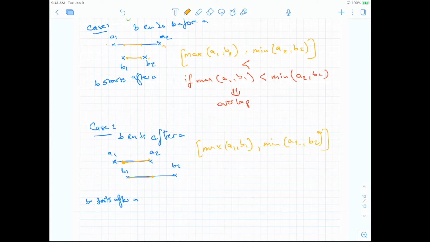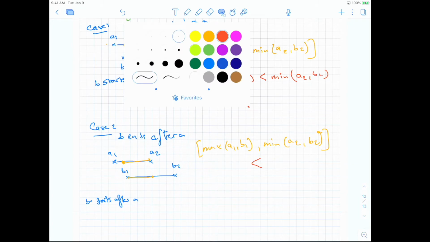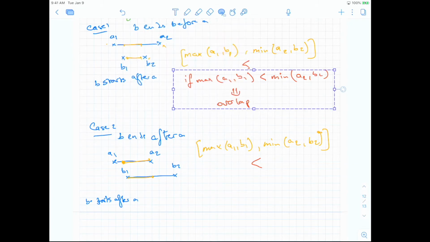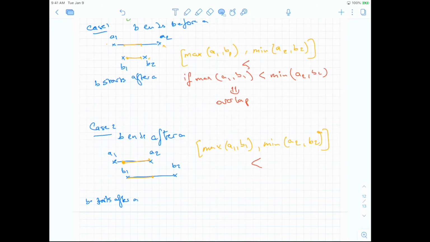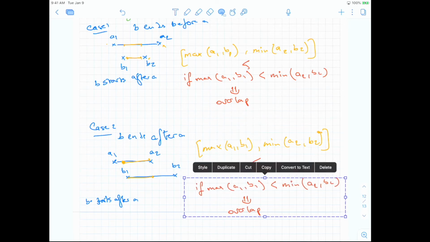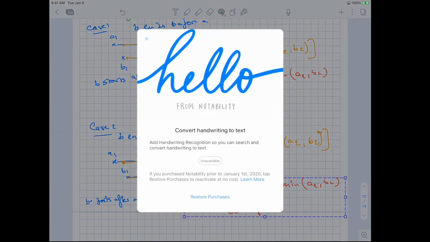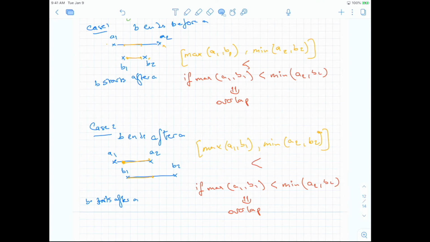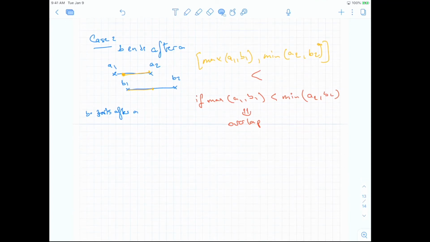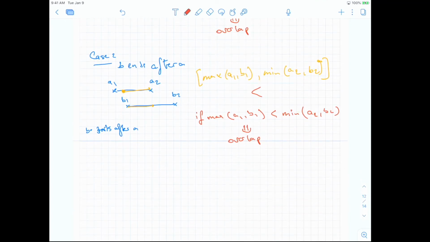And again, this is a valid interval if this is smaller, right? And so same thing here, we have this formula, a valid way to check here, right? Sorry. Okay. Now I'll see another last case where there is no overlap and see if we are able to detect